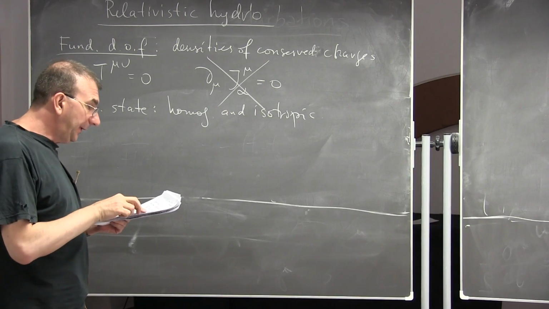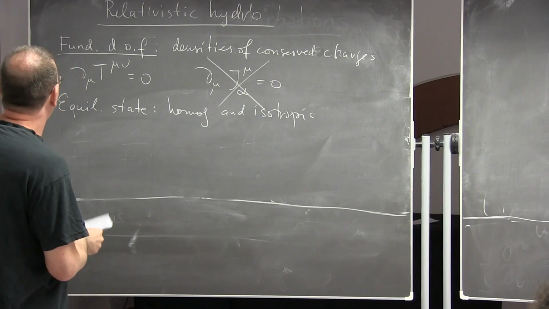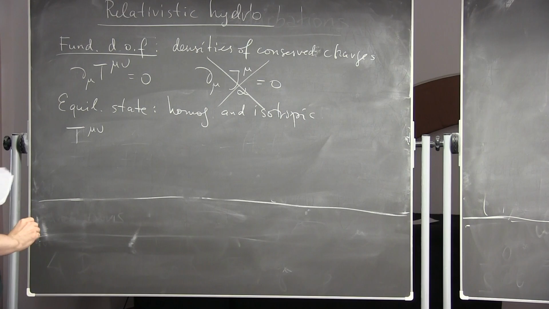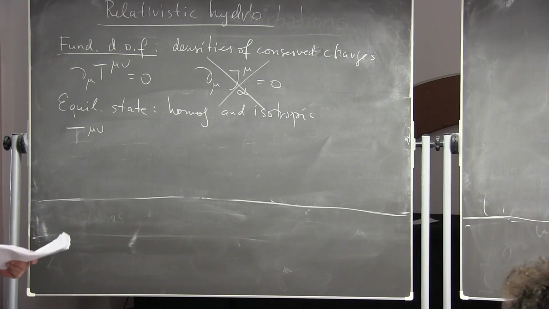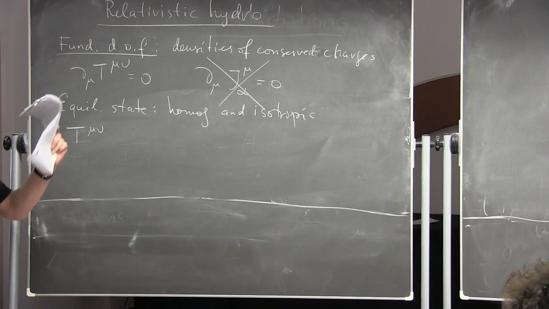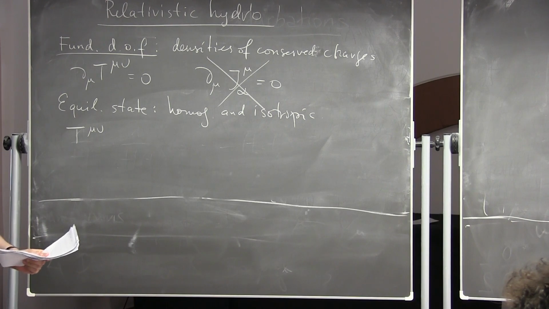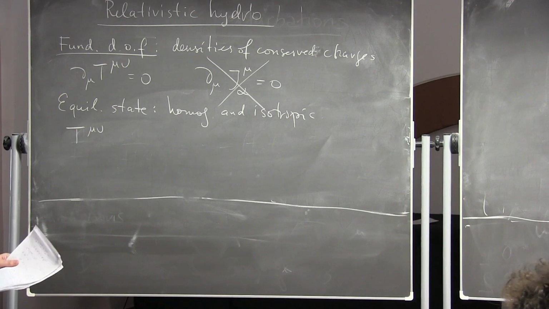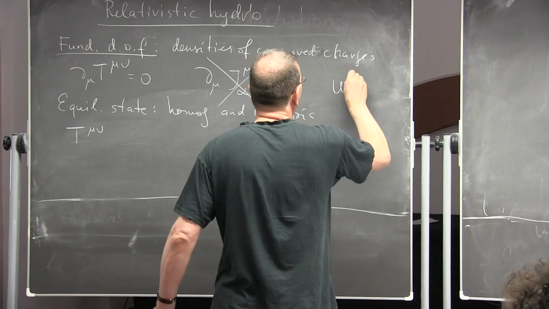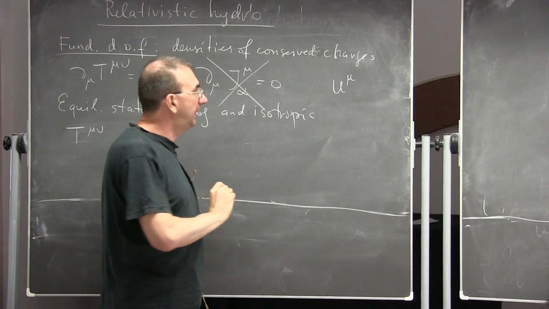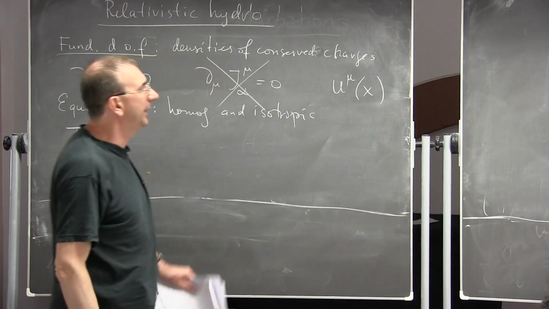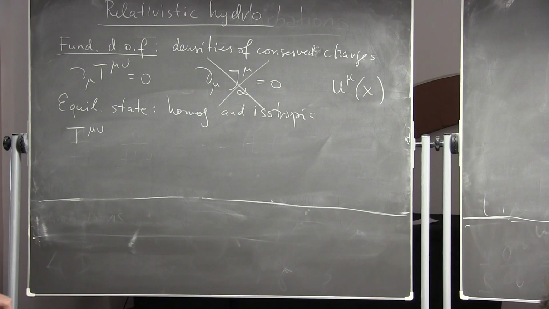So what we started doing last time was writing the expression for the expectation value of the energy momentum tensor in a state which is not an equilibrium state, right? So in equilibrium state, in the rest frame of a fluid, it's a 4x4 matrix with epsilon and pressure on the diagonal. And now we want to deviate from this equilibrium a little bit, which means that our 4-vector u mu, which was constant in the equilibrium state, now acquires some dependence on 4 coordinates x. So time is included here, right?